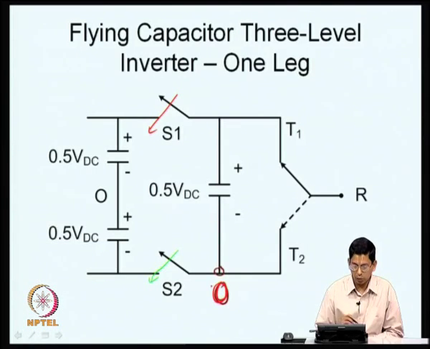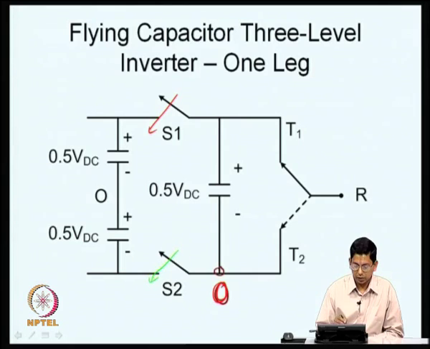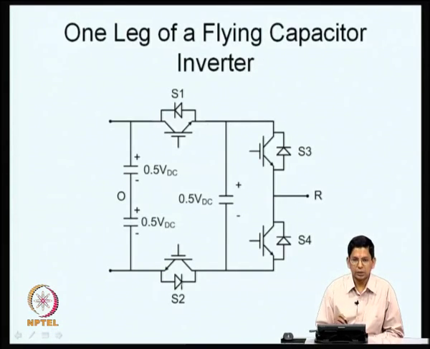So, this is where you get O now, whereas if the connection is as shown by the green ink, S2 is closed and S1 is open, and in this case this point is equal to potential O. So, this is how you get this, and you have a single pole triple throw switch here, and all these switches have to be capable of conducting in both the directions. This was the realization that we saw. Basically, with all these, what we would aim at doing is to realize a certain average voltage, and that is what we will be looking at shortly from now on.